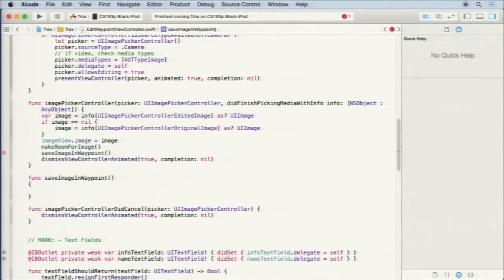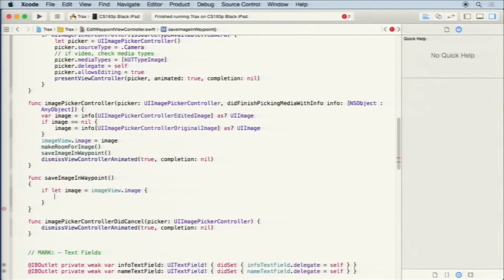And all we're going to do here is we have the image. We already got it, put it here in our UI view image, so I'll just get it out of there. And we're just going to write it in the file system, and then we're going to update the waypoint to use that URL. Simple as that. So if we can get that image, so if our image view has an image, okay, because it could be nil, it might have been set to nil by some means, then I'm going to get the image data as